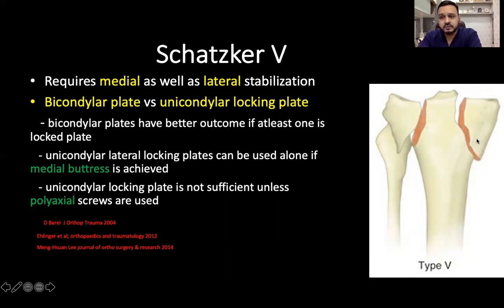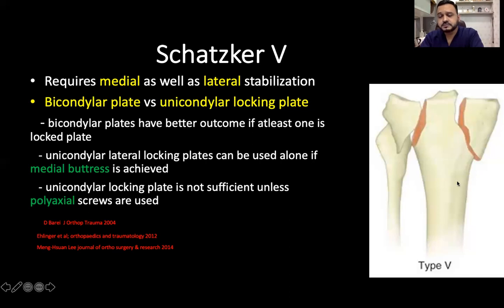You have to check intraoperatively whether there is bone to bone contact on the medial side or not. If it is not there, then buttress plating will be required. Also, they have found that unicondylar locking plates are not sufficient unless you use polyaxial screws. If you are using a lateral condyle locking plate with only monoaxial screws going in one particular plane, axis,